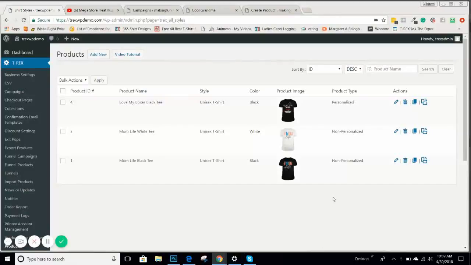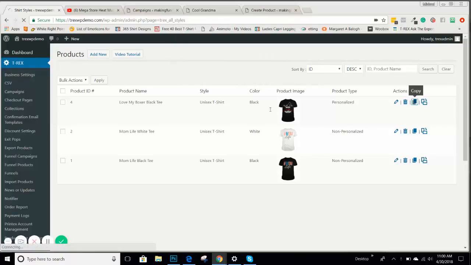In this video, we are going to be creating a manually personalized product. What we've done already is we've created a regular non-personalized product design, and we've also done a personalized product. We built that there. Now I'm going to show you the difference in what a non-personalized or a manually personalized product means. So again, if you already have products set up, it's easiest just to go through and duplicate